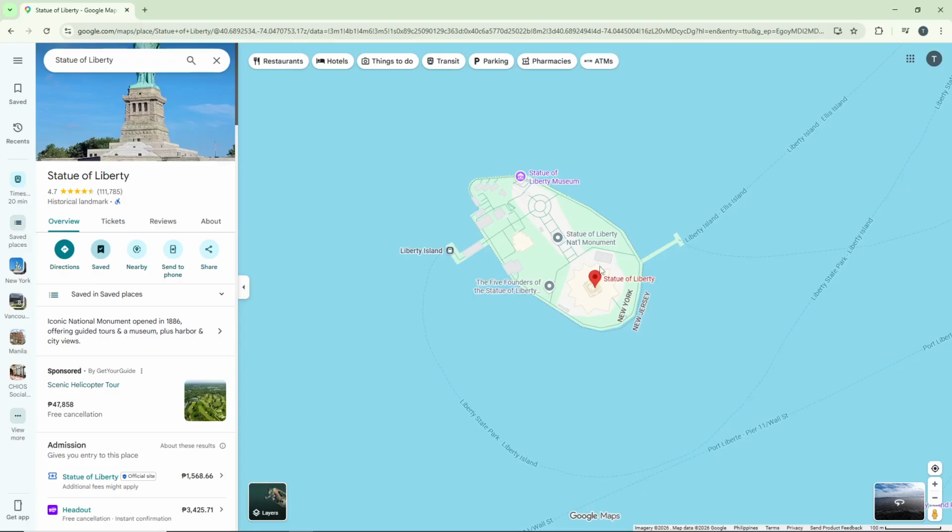After you've entered your search query, press Enter or click the search icon. Google Maps will then process your request and display the location on the map. At this point, you'll notice that the left side of your screen populates with detailed information about the location you